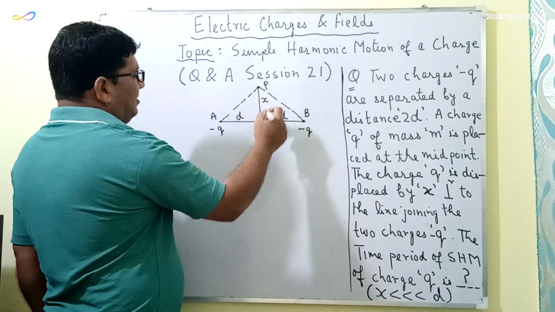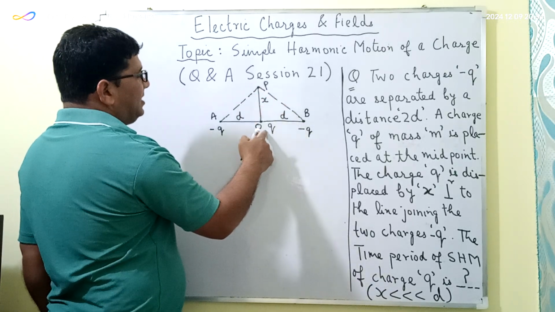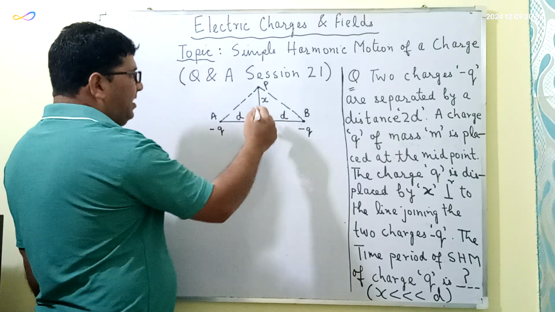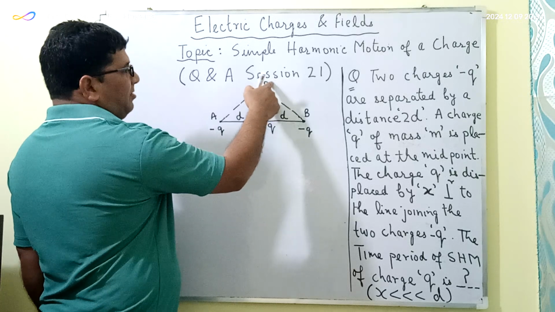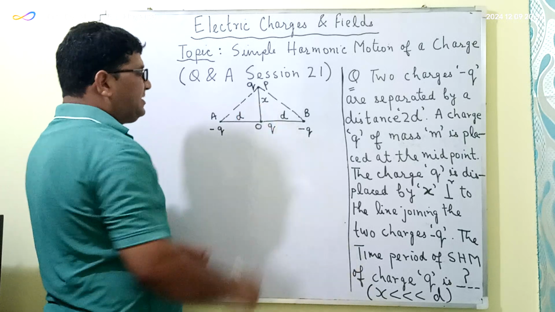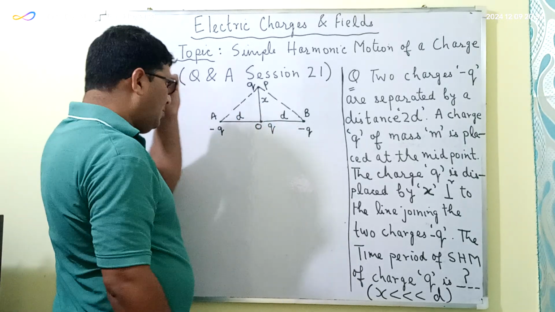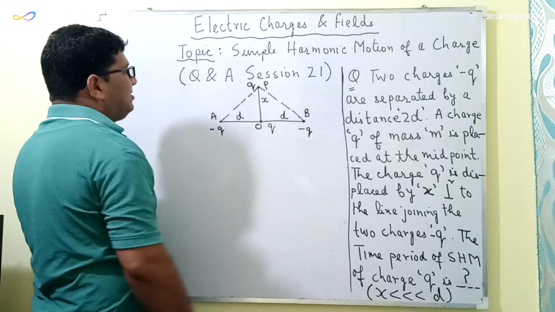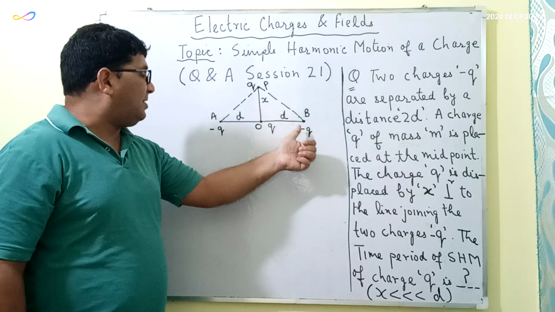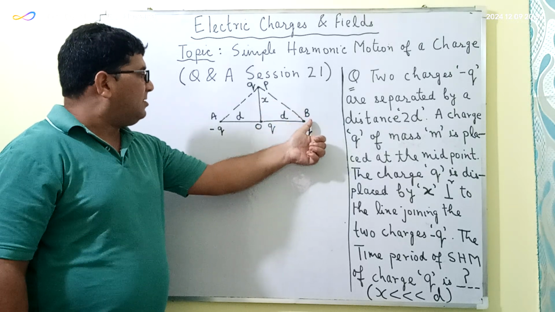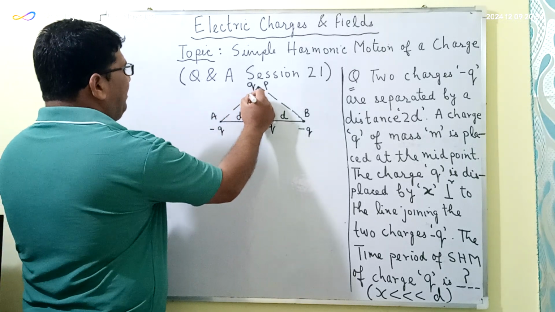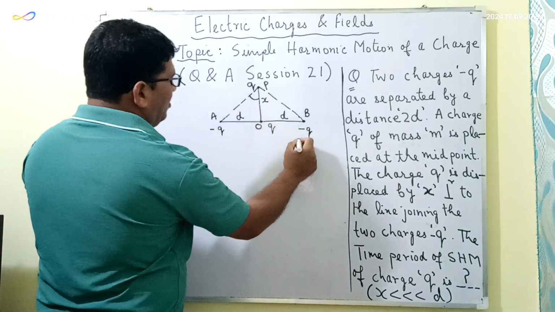So when the charge q is displaced from its mean position, which is the center point of this line AB, to the point P, this charge will come to this point P, which is at a distance x from its mean position, that is O. Then it will be experiencing the attractive force because of this charge minus q placed at A, and it will also experience an attractive force due to the charge minus q which is placed at B. Now I am taking this angle, that is angle APO, as theta,